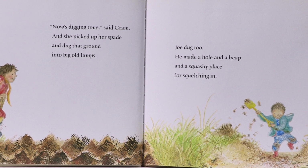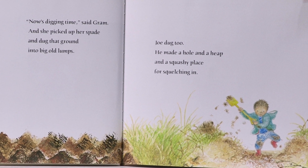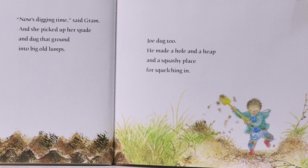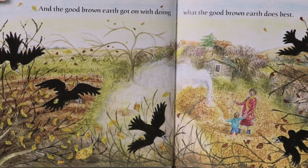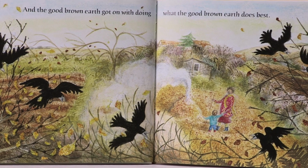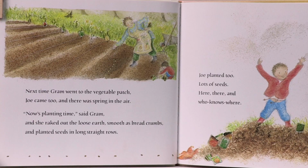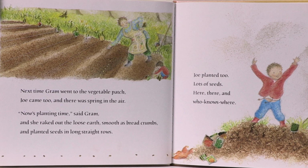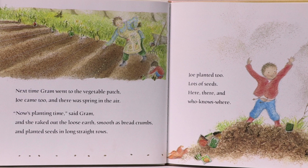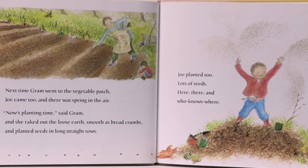Joe dug too. He made a hole and a heap and a squishy place for squelching in. Have you ever done that with the mud, with your toes in it? And the good brown earth got on with doing what the good brown earth does best. You all see it? Next time Grandma went to the vegetable patch, Joe came too, and here was spring in the air. Now it was planting time, said Grandma, and she raked out the loose earth, smooth as breadcrumbs,